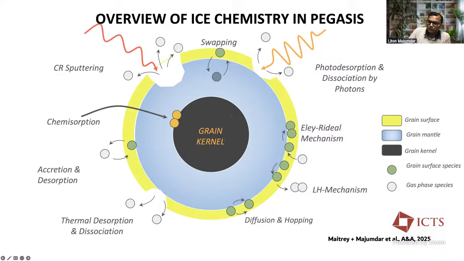When you are in a protoplanetary disk stage, this core is hosting very complicated ice chemistry. Because you have dust, your temperature is very low. It can go as low as 10 Kelvin. So dusts are covered with ices, and when ices are present on the dust surface, there is complicated chemistry happening,